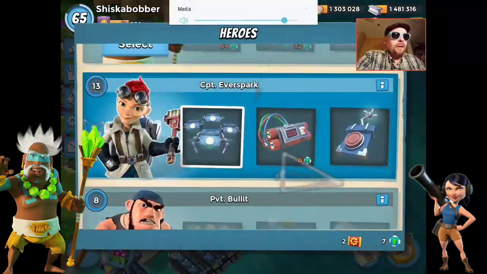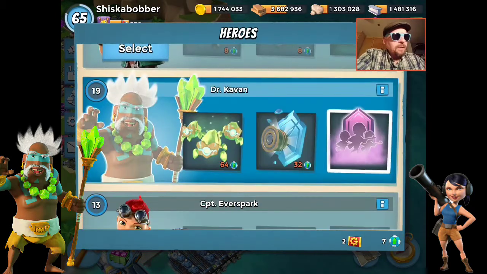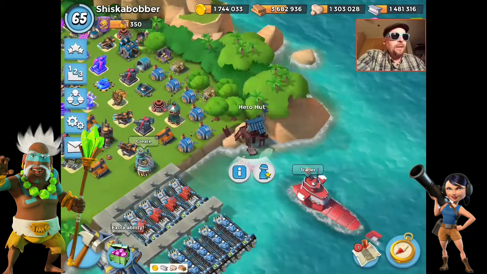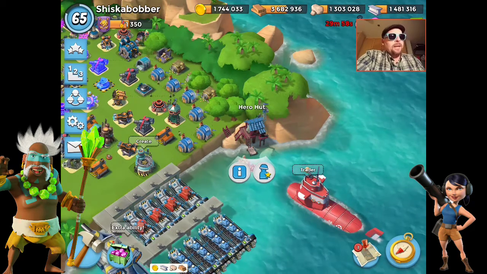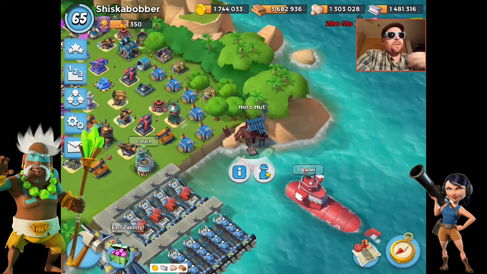You can see it right here. Let me adjust that volume a little bit for you guys. Yeah, Kavan Second Wind level 6. So you get 24 housing spaces revived. Now that is really, really cool. So the idea here is that you want to take less riflemen and bring more Zookas and have Kavan just